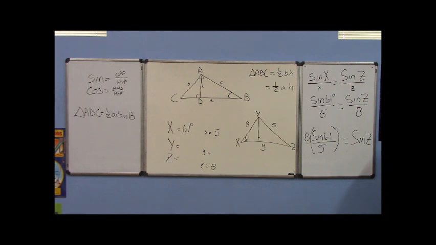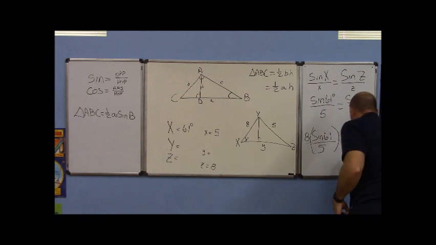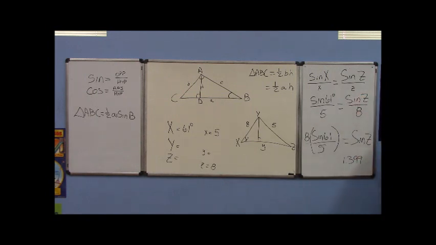So in the book, we find out that the sine of z, after we go through all the calculations, is going to be about 1.399. And then we can actually figure out what our degree measure is. Now, what's interesting about this,